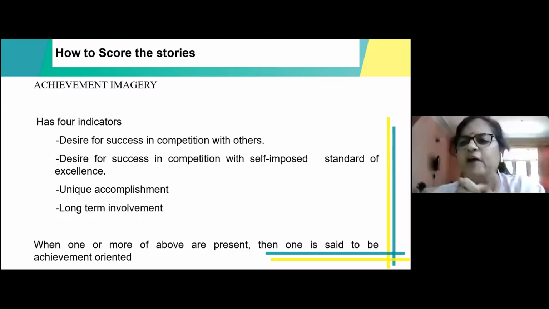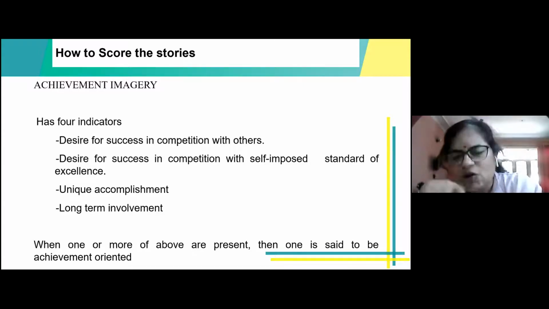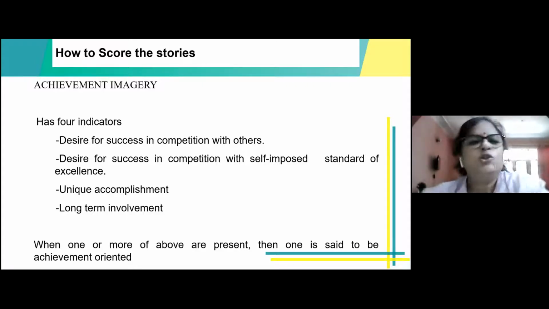Now, after you have done one person's story, you will go to the second person, but then you will pick up a different theme, a different picture which I showed you. Like that, in your group of 4, you should have covered scoring all the different pictures. But for each person, only one picture will be scored. On the basis of that, you can later, in your free time, score the rest of the stories. So I will give you a total of 10 minutes to do that.